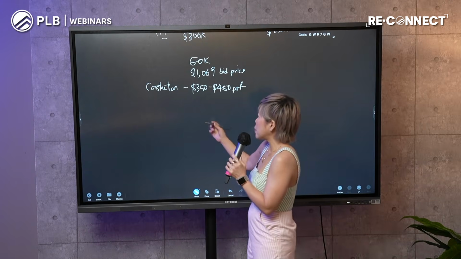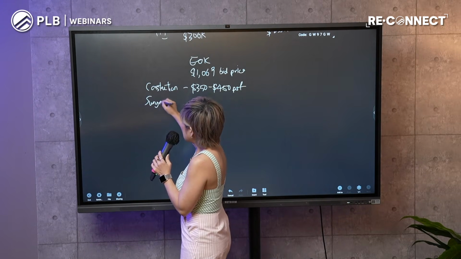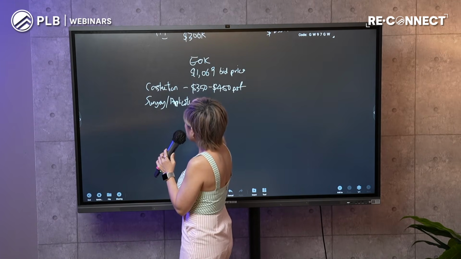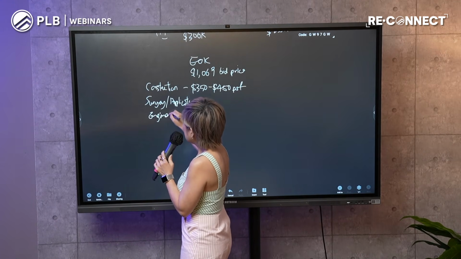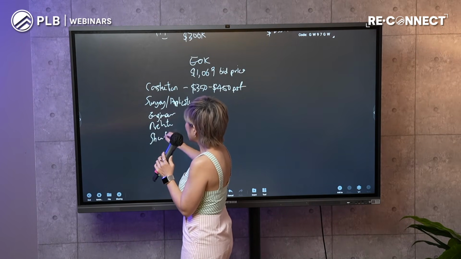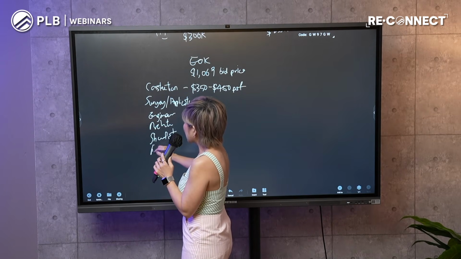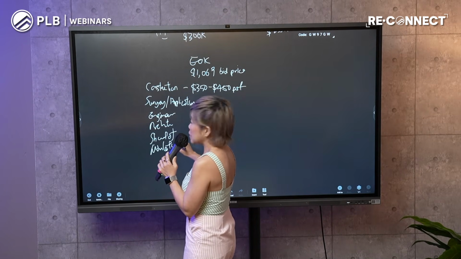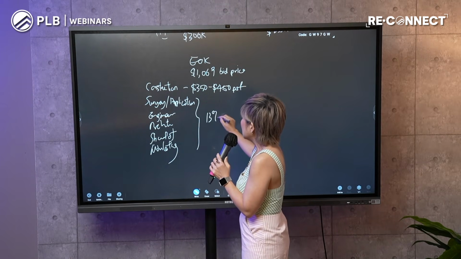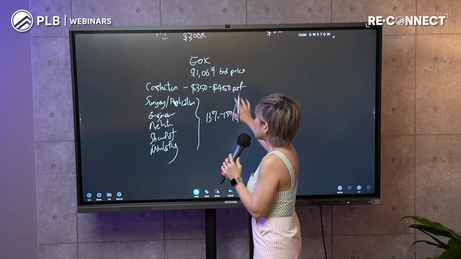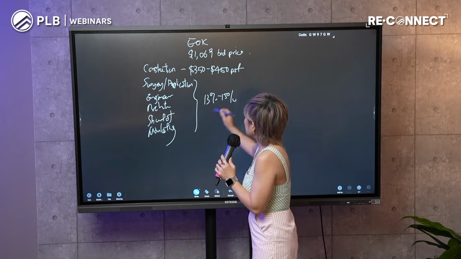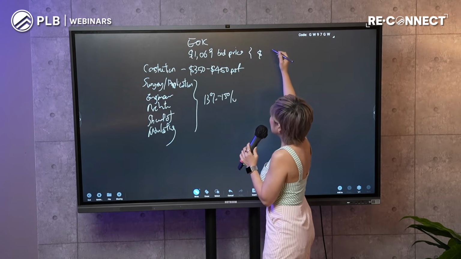For example, there is survey cost, the application cost, the engineering cost, the architectural cost. Then of course you have your beautiful show flat, and also the marketing cost to engage the marketing agency. So all in all these, we are looking at about 13% or 15% of the total cost. So if we add it up, usually for this bid price,